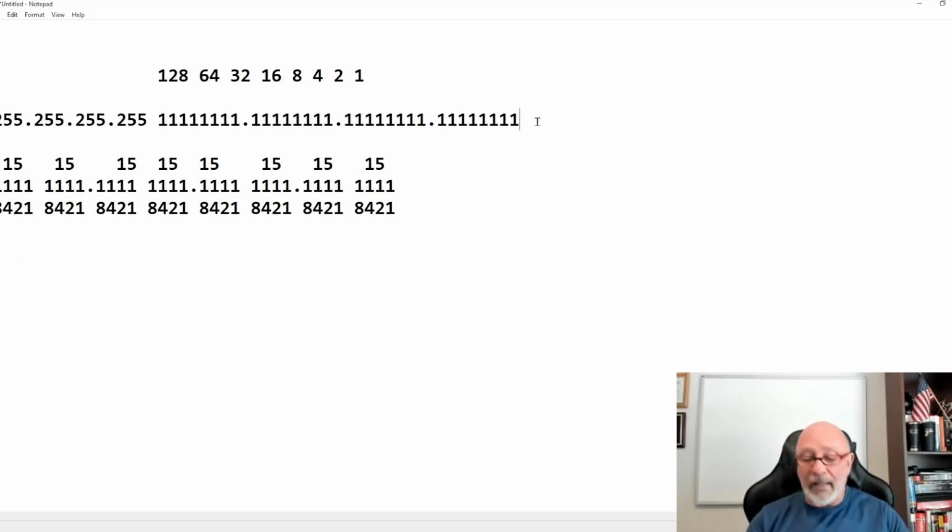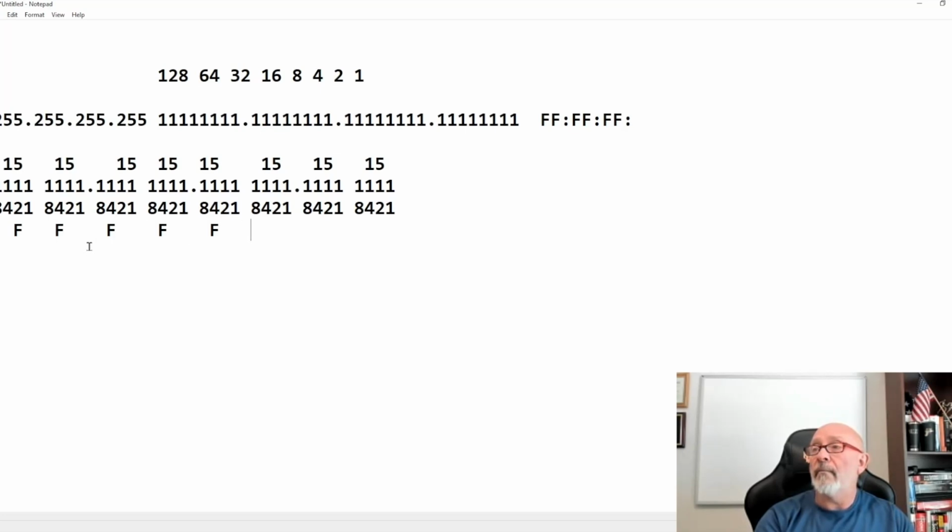So in layer 2 broadcast it is FF:FF:FF and so on.